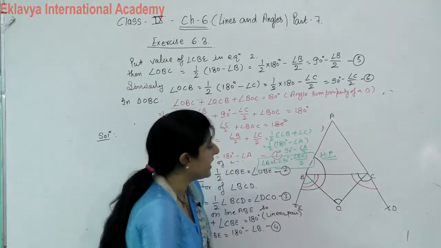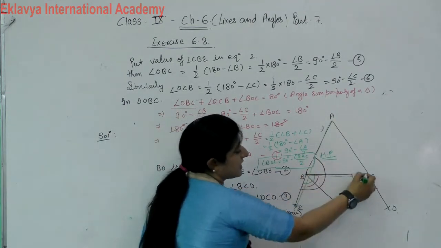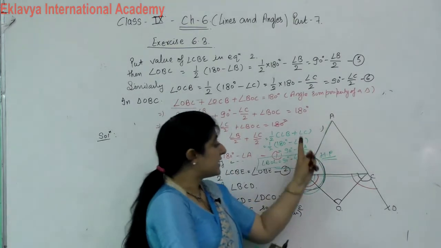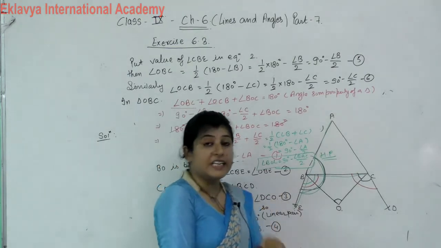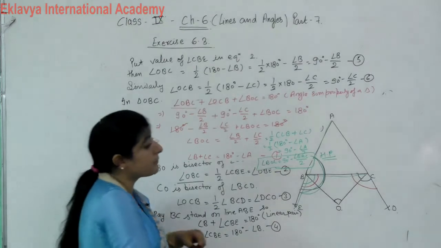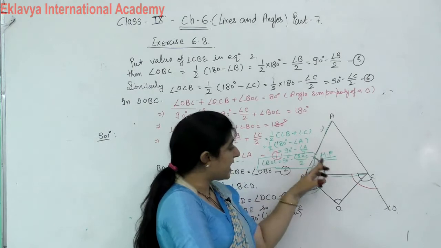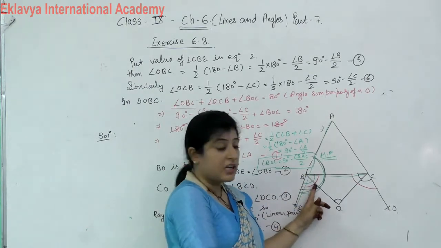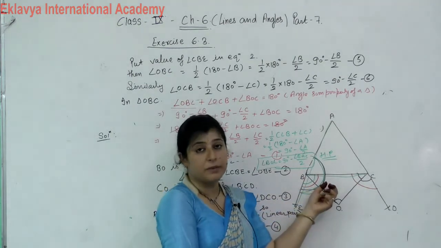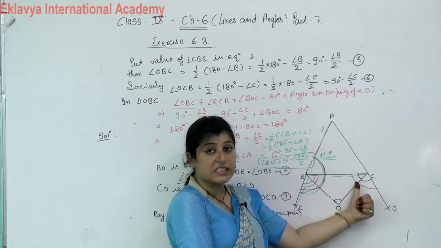What is the value of it? We see that this is a line, this is a ray, and it's making a linear pair. That's why this is a complete 180 degree. Interior angle we can write down directly, but for an exterior angle you have to give the complete name. Then for this interior angle B, the 180 minus angle B remaining, it is a half portion, then it becomes 90 degree minus angle B by 2. Similarly, this angle is 90 degree minus angle C by 2.